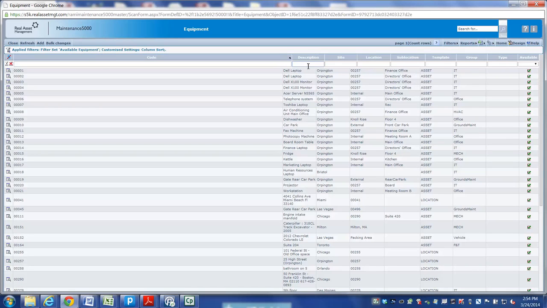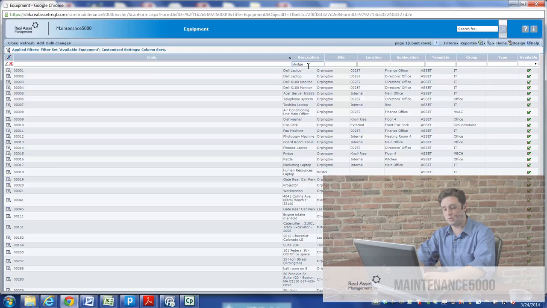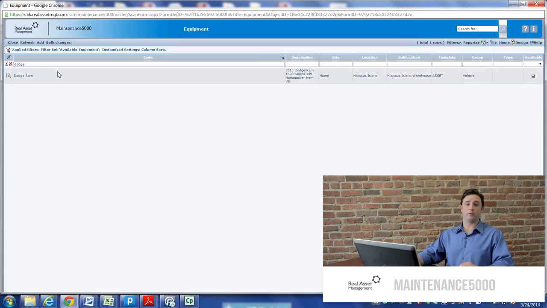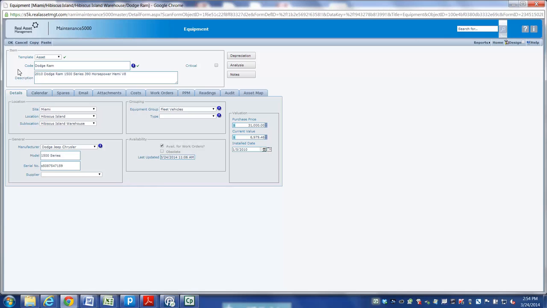So here we'll just drill into our truck again and look at a little bit of the detail that we've put in behind it as far as what kind of information we want to be able to capture at any given time in the solution and what information we want to be able to report on based off of our user-defined fields. So now that we're in the equipment for the Dodge Ram,